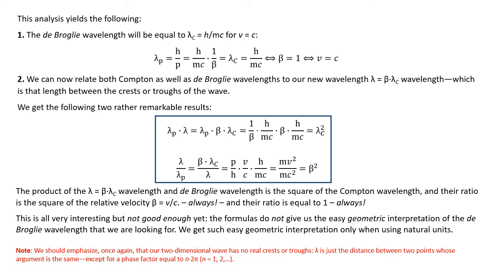So before I move to the next slide, again, this two-dimensional wave doesn't have any real crests or troughs, so lambda is just the distance between 2 points whose argument is the same, except for a phase factor equal to n times 2 pi. It depends on your time unit, on the velocity and how you measure these things, to get that phase factor, 2 pi, 4 pi, 6